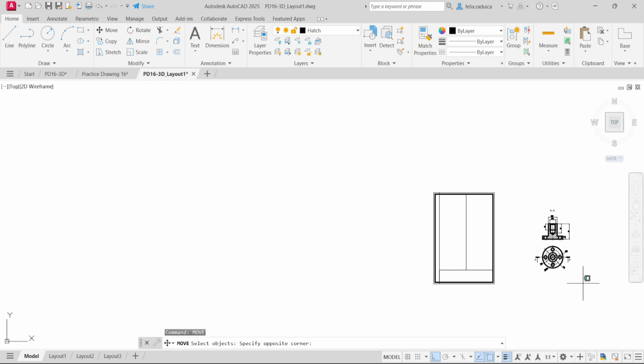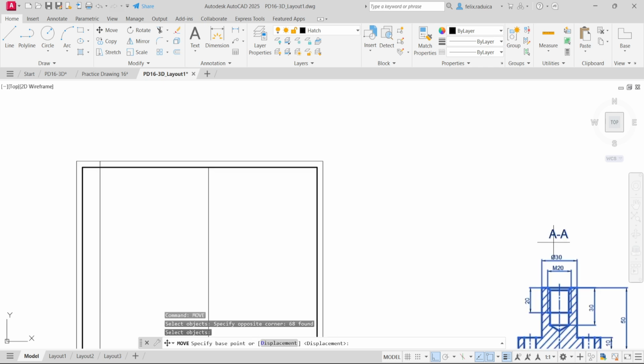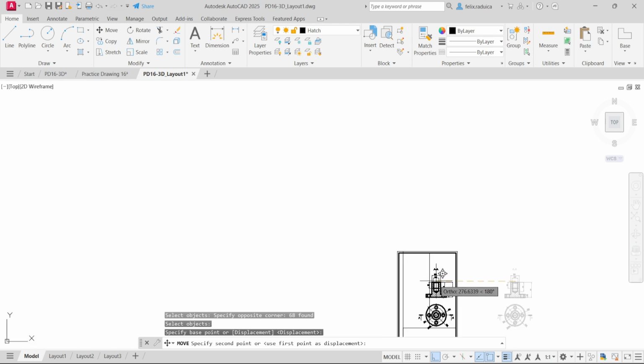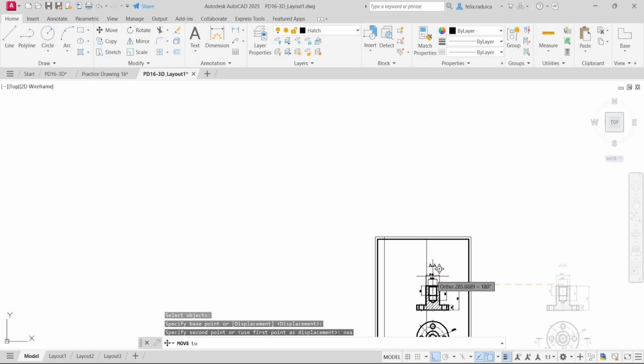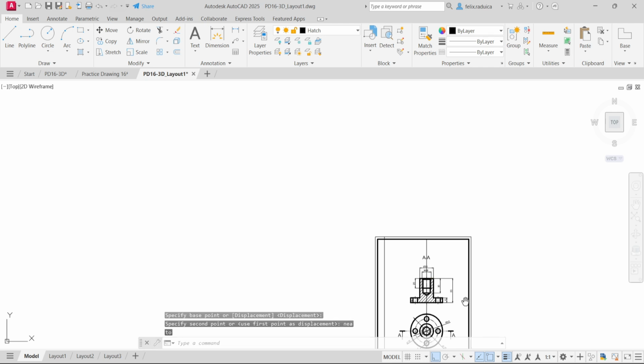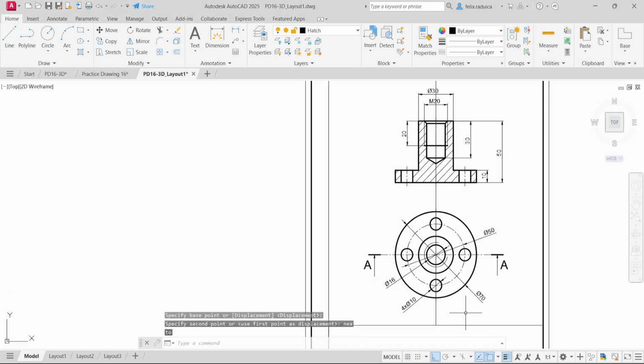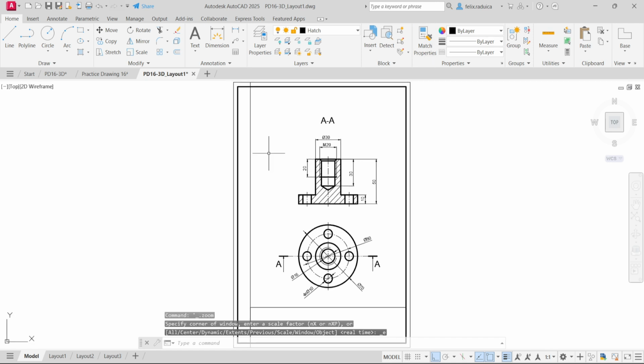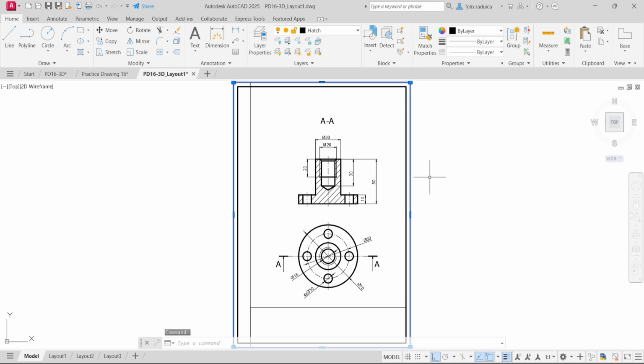So move this from here near to this point here. And now it doesn't intersect. And we can delete this helping line, as I'm sure it's centered and it's aligned. Now we can delete this outer edge here,